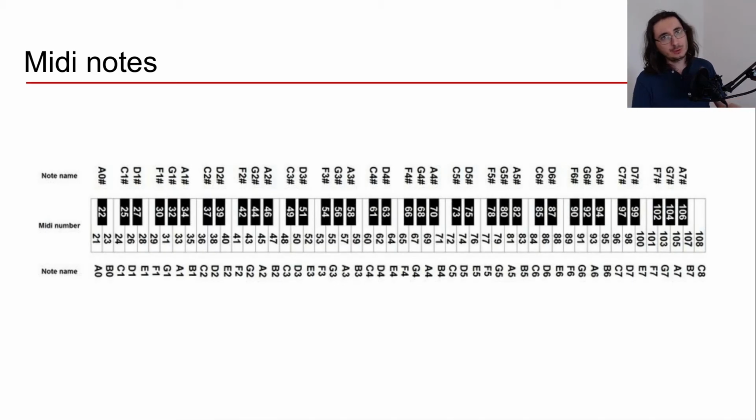Now, I guess most of you are familiar with the concept of a scale or an octave, and perhaps you've played around with a keyboard, like a piano, yourself. But if you're not, the basic idea is that we have a pattern of notes that always repeats itself. So we start with C, we go to C sharp, D, and then E, F, G, A, B, and then we can go up an octave. And here we have the very same pattern, the very same 12 notes, which we call semitones. So there are 12 semitones in the whole octave.